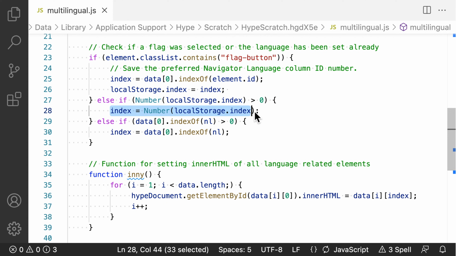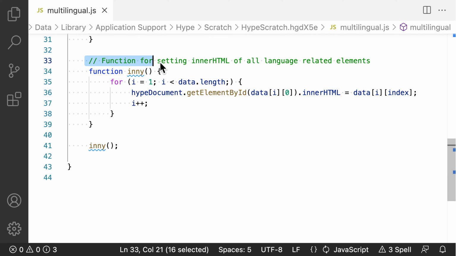For the third part of the conditional, the program is looking for a language match. If you didn't just click a button, or you didn't set the language preference previously, then is there a match with the browser language and the languages available in the data array? If there is a match, then the indexOf method will return the number to use. If there isn't a match, the indexOf method returns a value of -1. That's why the condition is looking for values greater than 0.